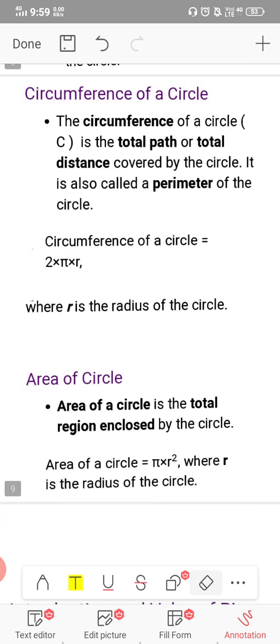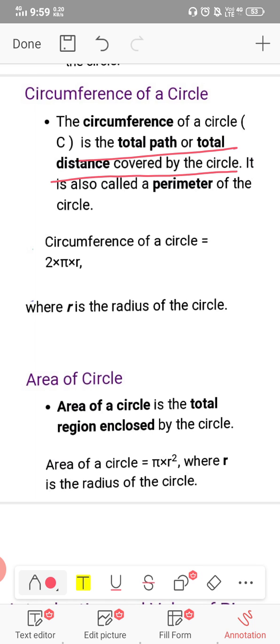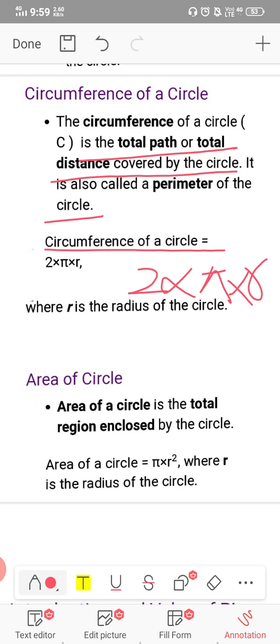Now, what is the circumference of a circle? The circumference of a circle is the total path or total distance covered by the circle. It is also called the perimeter of the circle. So the formula for the circumference of the circle is 2 into pi into r. Here pi is a constant, or we can say it is a Greek symbol that was introduced by William Jones in 1706. Means